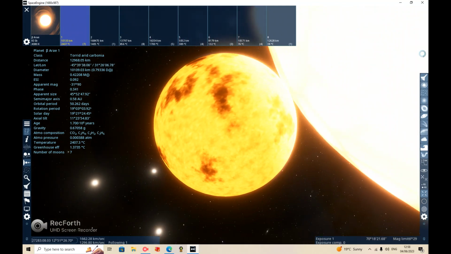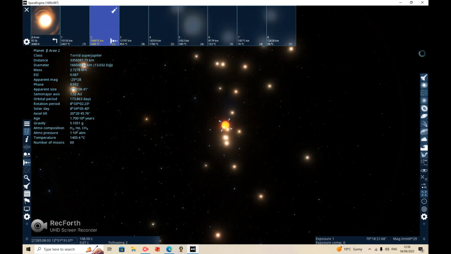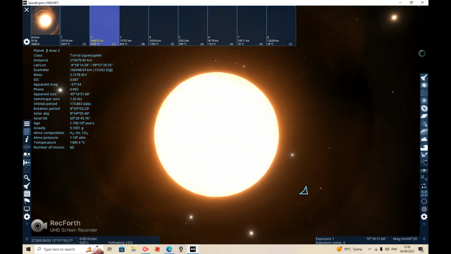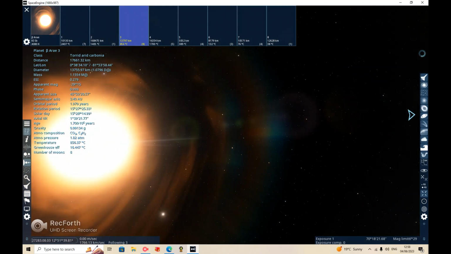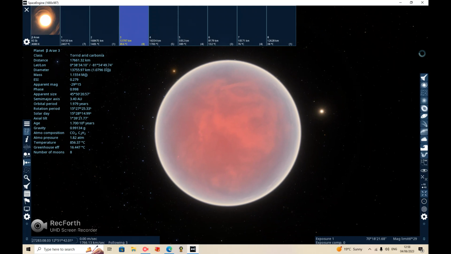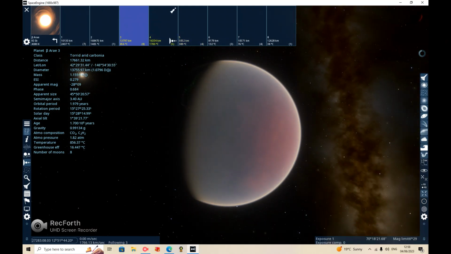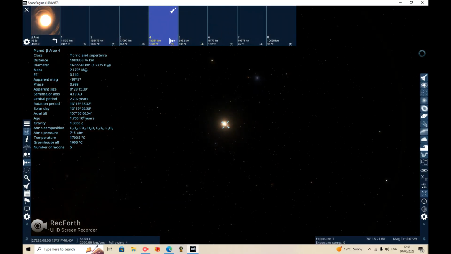Is this another star? Always stars. Nope, this one's an actual planet. Maybe this one.